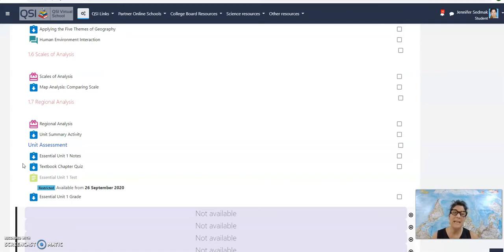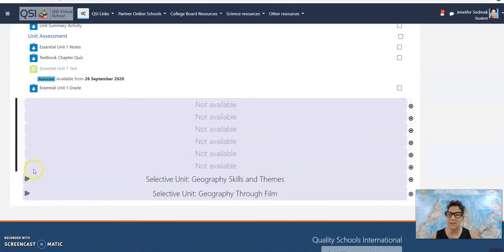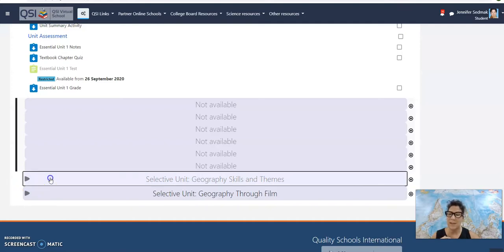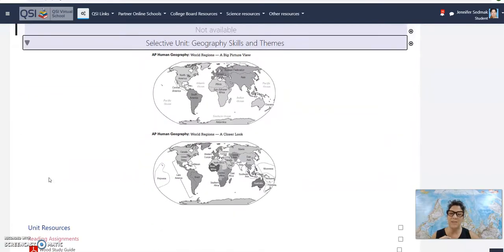So once you open it, if you close it without finishing it, I will be notified as such. So make sure that you don't open it until you have the time to engage in the test. Now, I say you have that big test window because the other thing that I'm going to have you do during that test window is open this selective unit on geography, skills, and themes. And I want you to do the activities under this unit along with the test in that test window period,